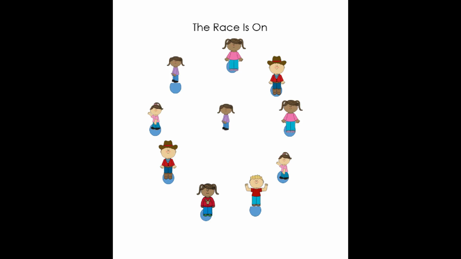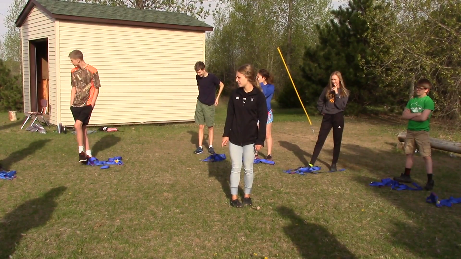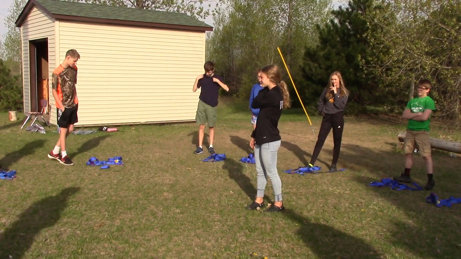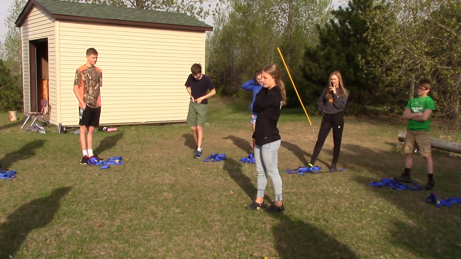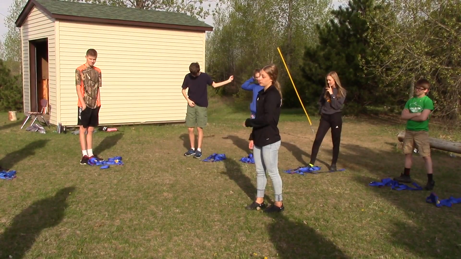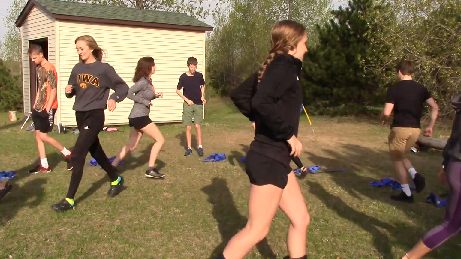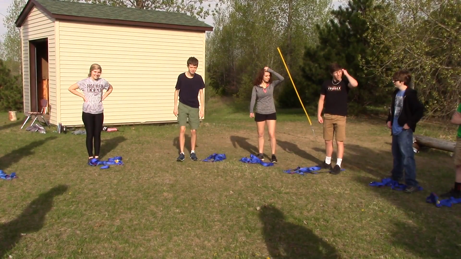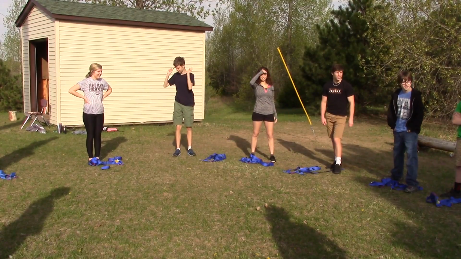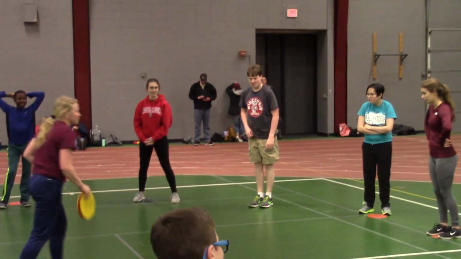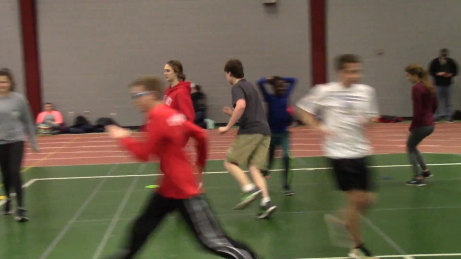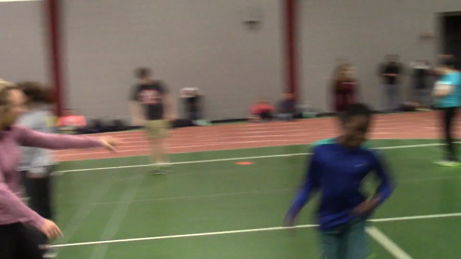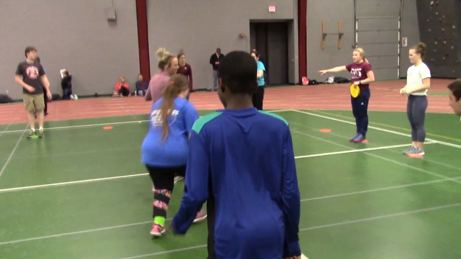An effective way to show students some similarities that exist between them is through this game, The Race is On. Create a large circle using polyspots, one for each student or for each pair of students. Students begin by standing on the polyspot with the leader in the middle. The role of the leader is to state something personal, such as their likes, dislikes, what they're wearing, number of siblings, etc. For example, my name is Hannah and the race is on if you like ice cream. All students who like ice cream have to move to a new polyspot.